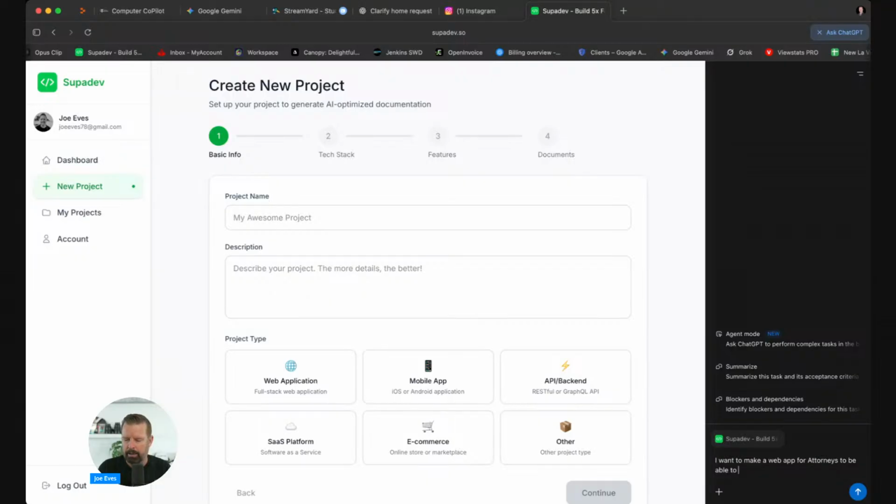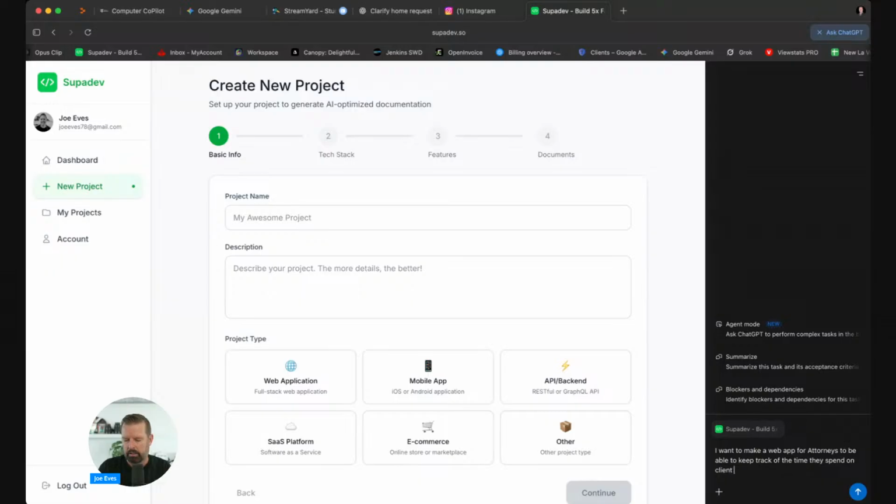We'll do a web app for attorneys to be able to keep track of the time they spend on client details,